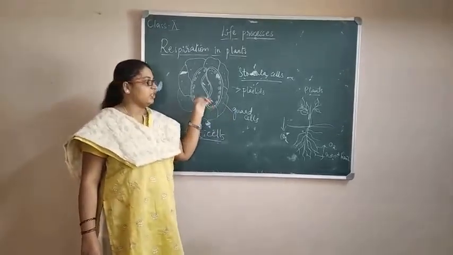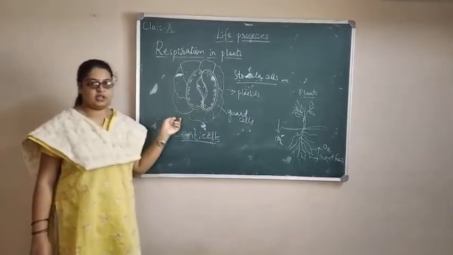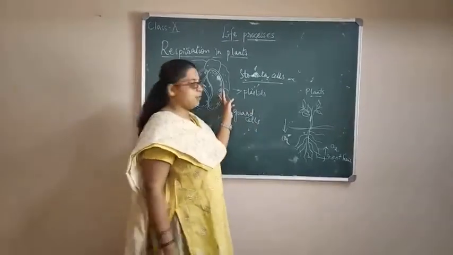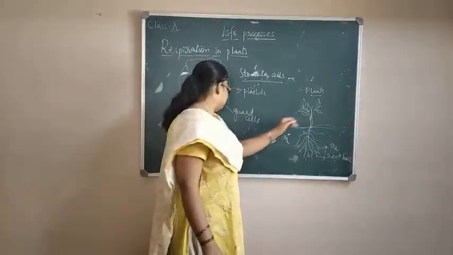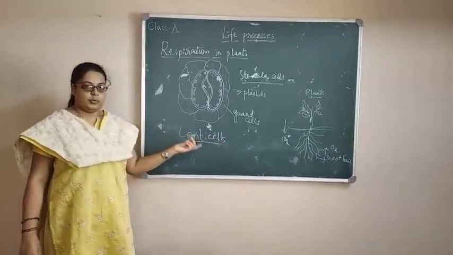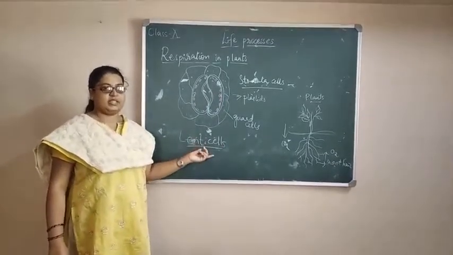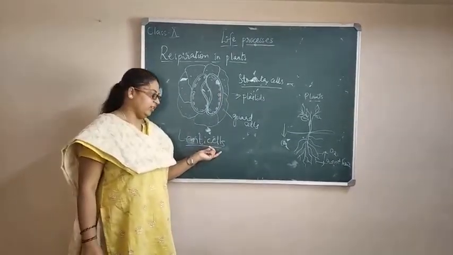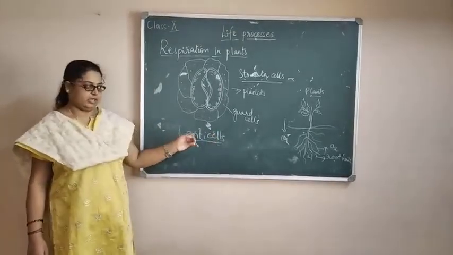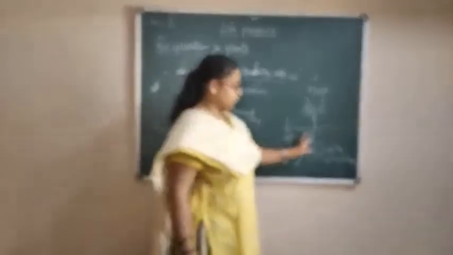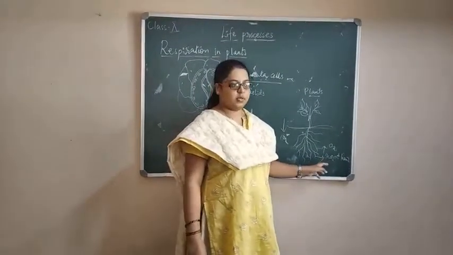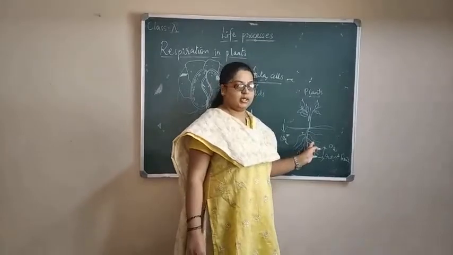So likewise, the exchange of oxygen and carbon dioxide takes place through the stomata present in the leaf, and in the stem through lenticels. The opening and closing of the lenticels present in the wooden part helps maintain the balance and functional activity of the plant. And in the roots, the root hair is mainly responsible for absorbing oxygen from the soil.